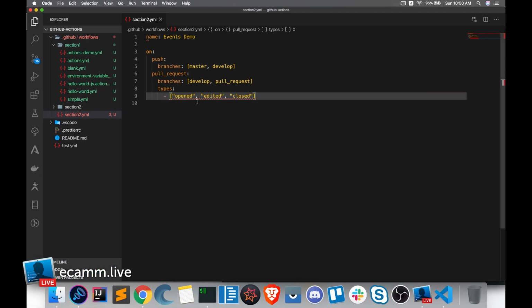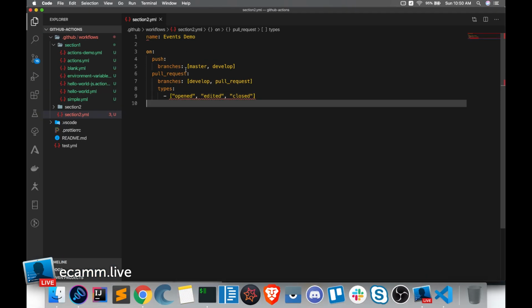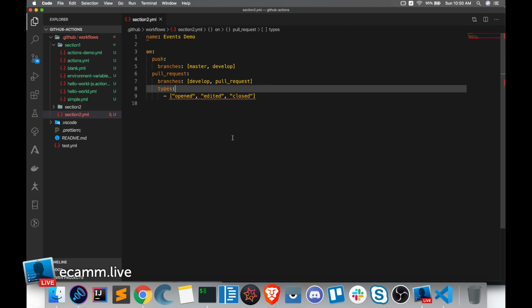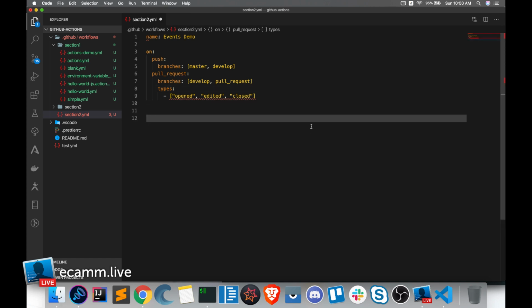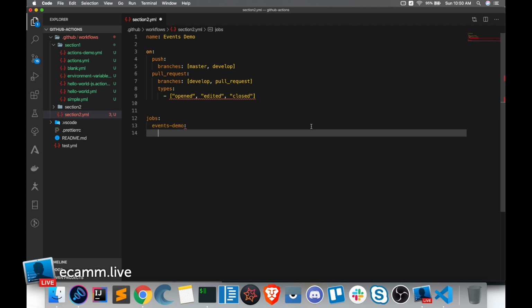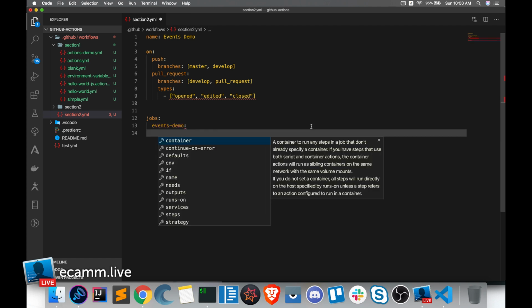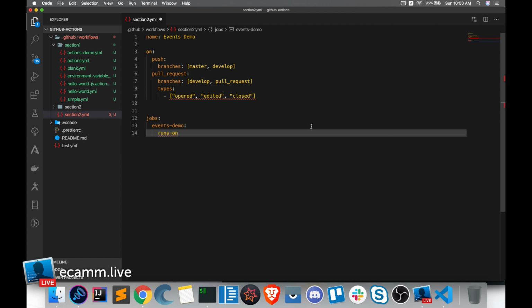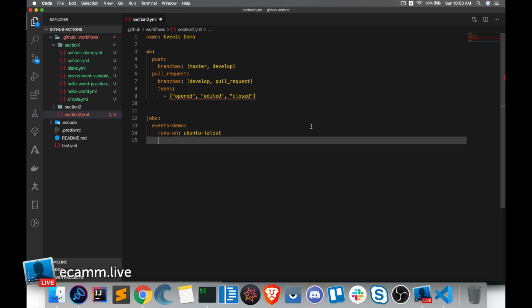So looks like it's an error in the code editor. That's fine. So now what we are going to do is create a job and we will say events demo. And we want to run this on Ubuntu latest. We want to give a name, use events